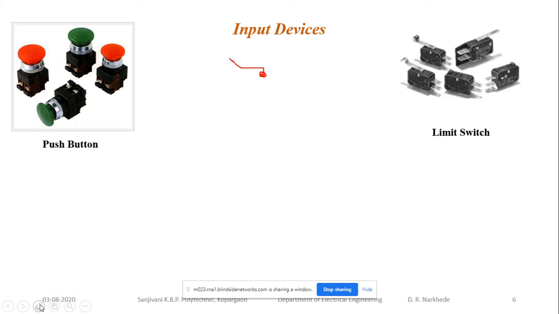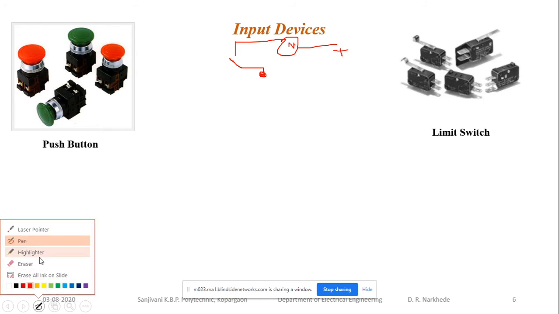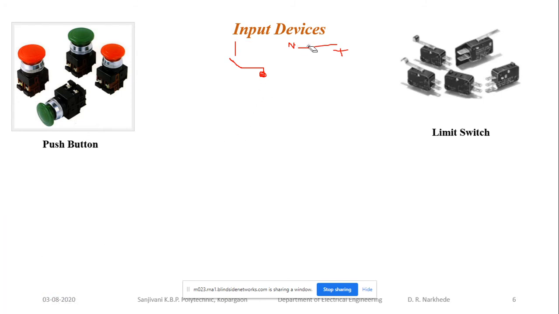Okay, so now as this is a limit switch over here, आणि या लिमिट स्विचला हा एक कॉन्टॅक्ट दिला आहे, हा NO टाइप आहे. ओके, and this is connected to the motor and the motor second terminal is connected to the supply. Okay, and this one is connected to, say this is the actuator over here, this actuator is connected to the system. So when it will make the contact with this one, the circuit is going to be complete over here. So we will discuss only the simple example of this limit switch operation, and then we will discuss the application of this one.